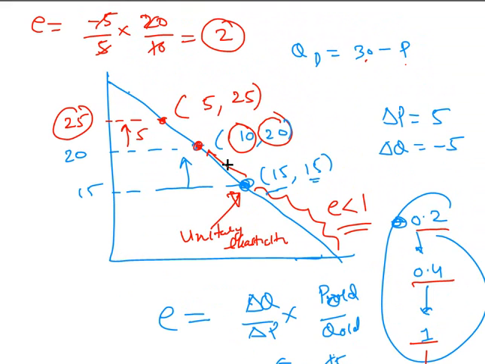So change in the quantity was 5, but the percentage change in the quantity was 5 by 15, 33%. When you move from here to here, change in the quantity was 5, but the percentage change was 50%. So what you find is here you have more decrease in the quantity percentage wise, here you have lesser decrease in the quantity percentage wise, right? And about the price, you see the opposite relationship. Again here the increase in the price